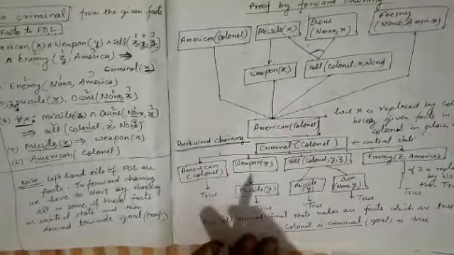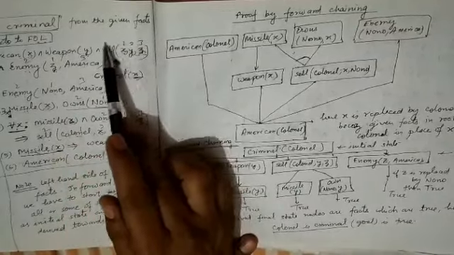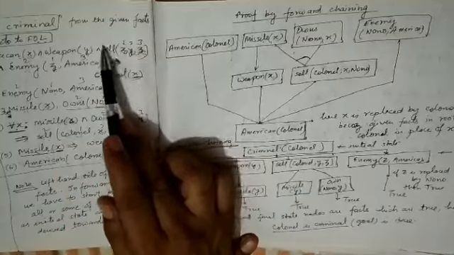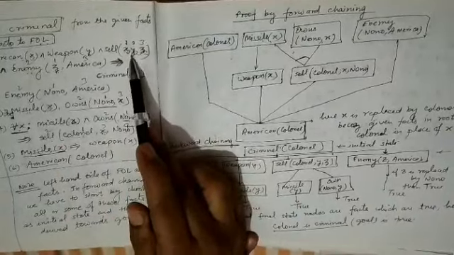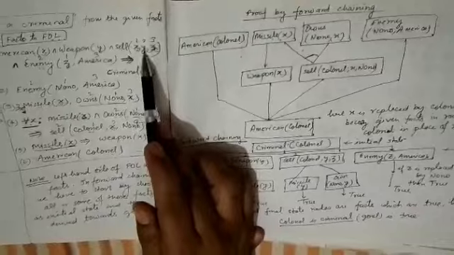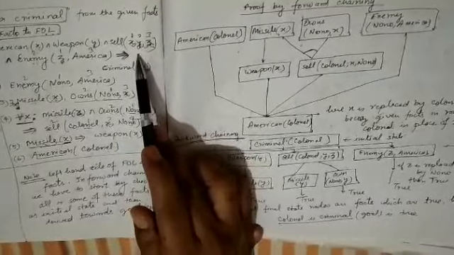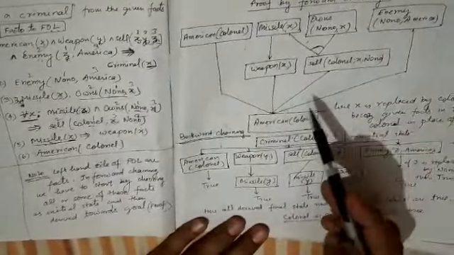Remaining is Enemy(Nono, America). This fact is also taken here. I think these are already taken. We are not taking Sell this much here, because this sentence comes after implies in this inference rule, so we do not take it as a fact. Now see whether these facts are sufficient to prove our goal or not.